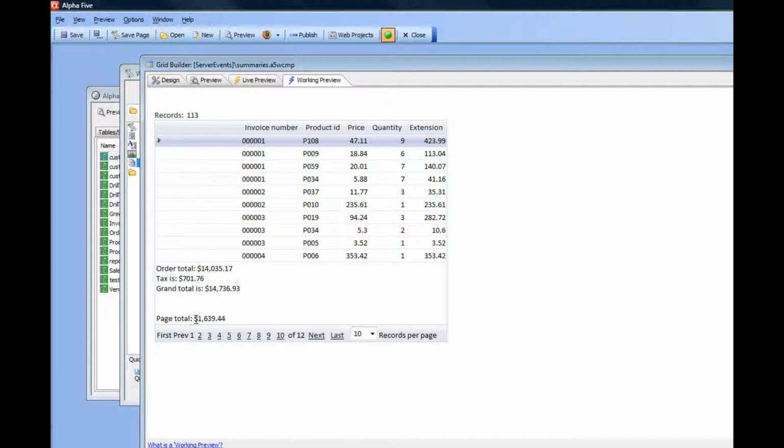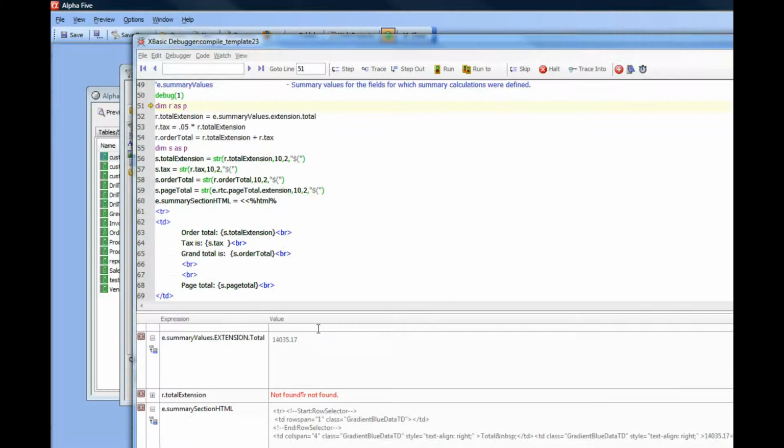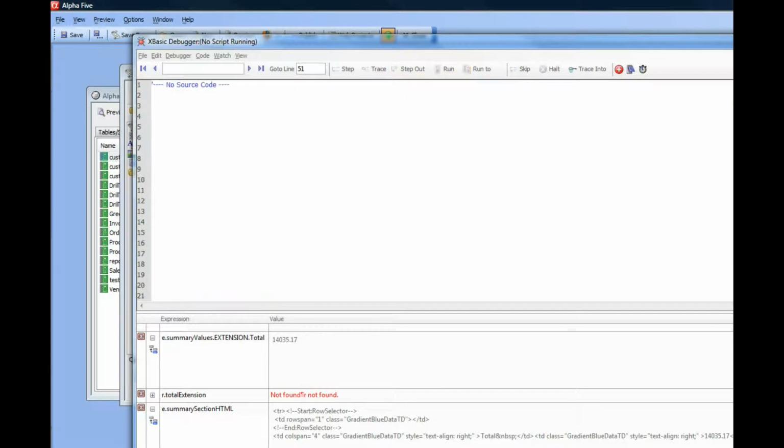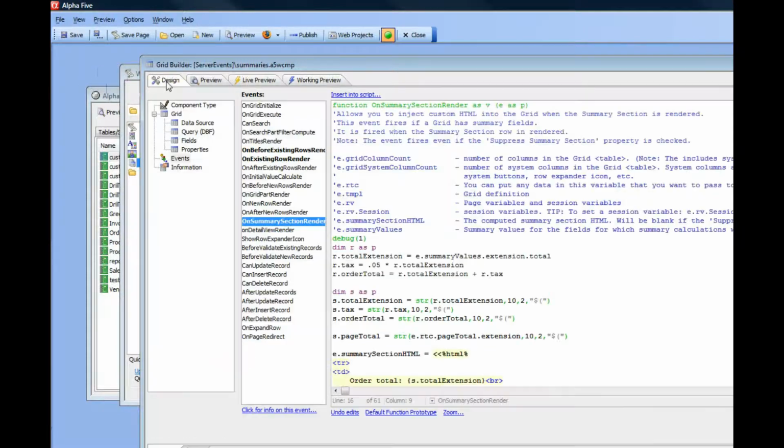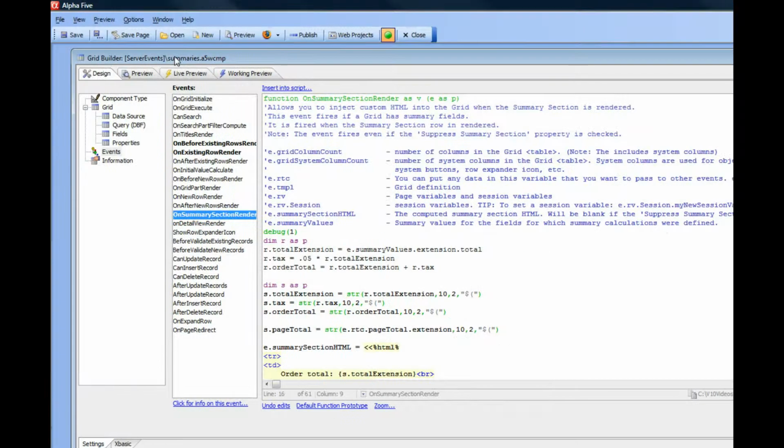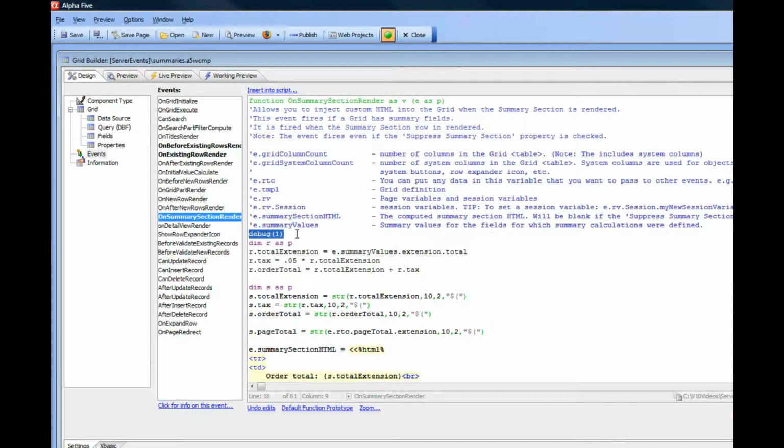Now let's take a look at how we computed this page total, because remember, as I said earlier, this total here is the total not for the current page of records, but for all 113 records. But this total here is for the current page. So as I scroll through the data, you'll see that for the next page it's $831. So I'm going to go back to design mode and talk about how we actually computed the running total to